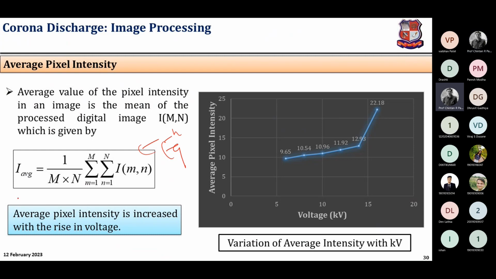And similarly, this is the main point of my content or my slide, that average pixel intensity is increased with the rise in voltage. When I increase the voltage, pixel intensity is increased. This is my conclusion. And I have written the conclusion in a light blue background rectangular box, which completely differentiates this conclusion from rest of the content, rest of the text. So this is how you can differentiate the main sentence, logical sentence or conclusive remark of your slide using different color background box. Then